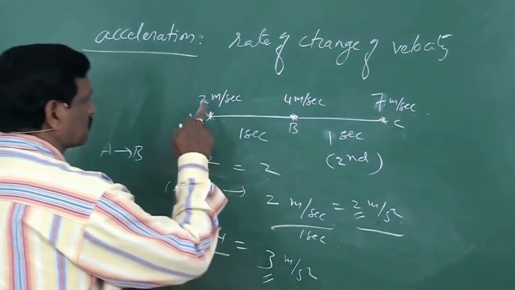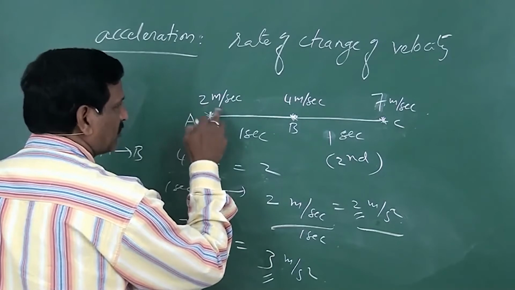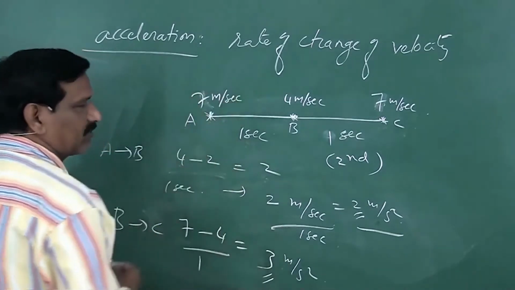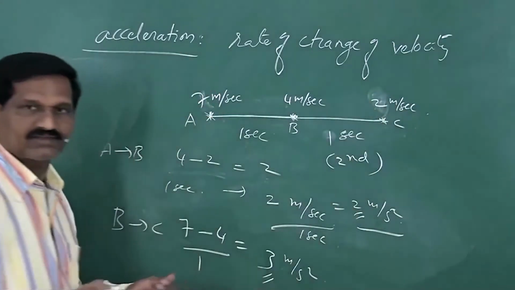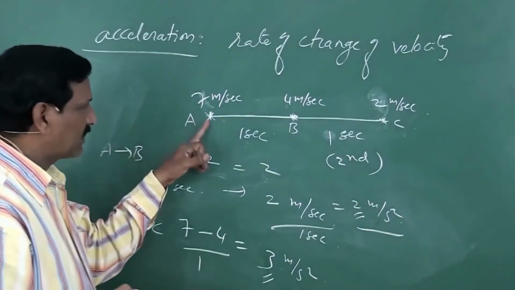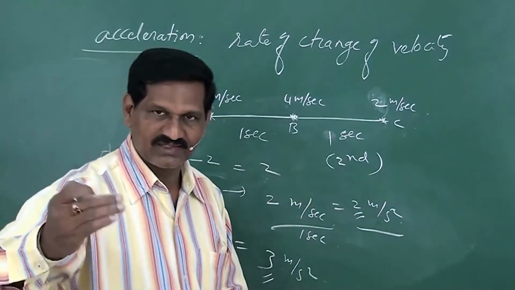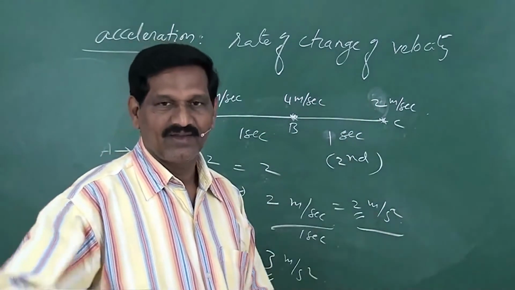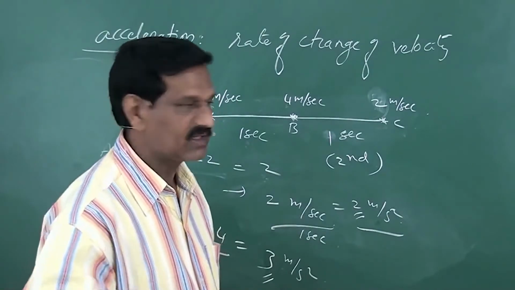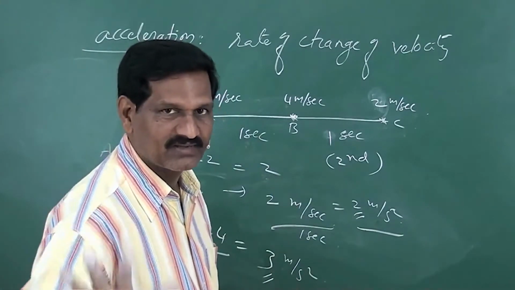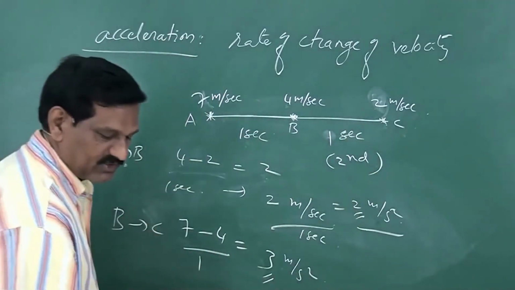Why? Suppose it starts with 7 meter per second, then 4 meter per second, then 2, like this. So at the beginning it has high velocity. As time proceeds, velocity decreases. That means here brakes are applied. In the case of a vehicle, for example, when brakes are applied, velocity decreases like this. So in this case, if you write the acceleration,